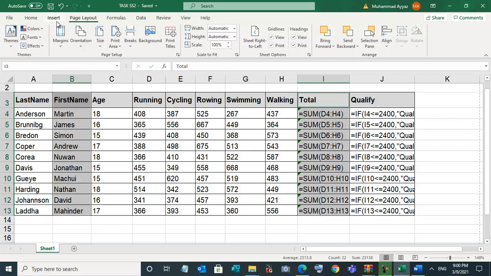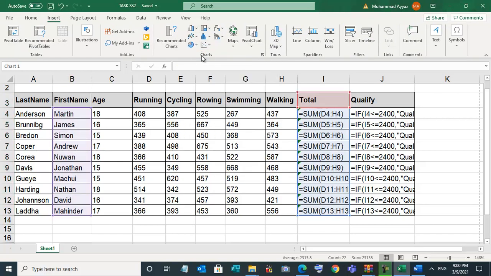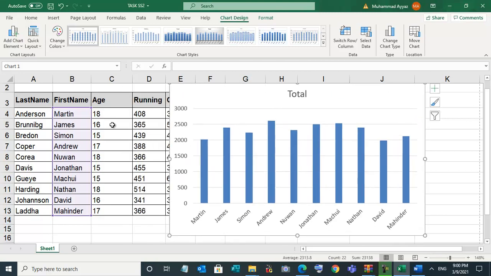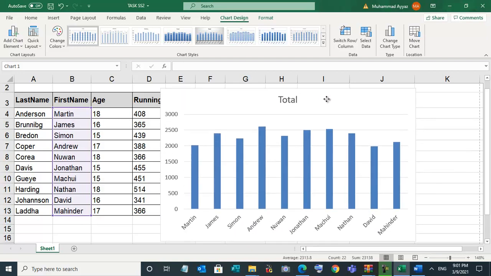Okay, now go to insert and chart, select this one. See, this is the chart. You will highlight the first column, then Ctrl and then the second column. If they say to display qualify also, but this is not a number, only the result. If they say, for example, two, three columns, then hold the Ctrl key and select this column, but in this we have to show two: first name and total time in minutes. So this is the chart.